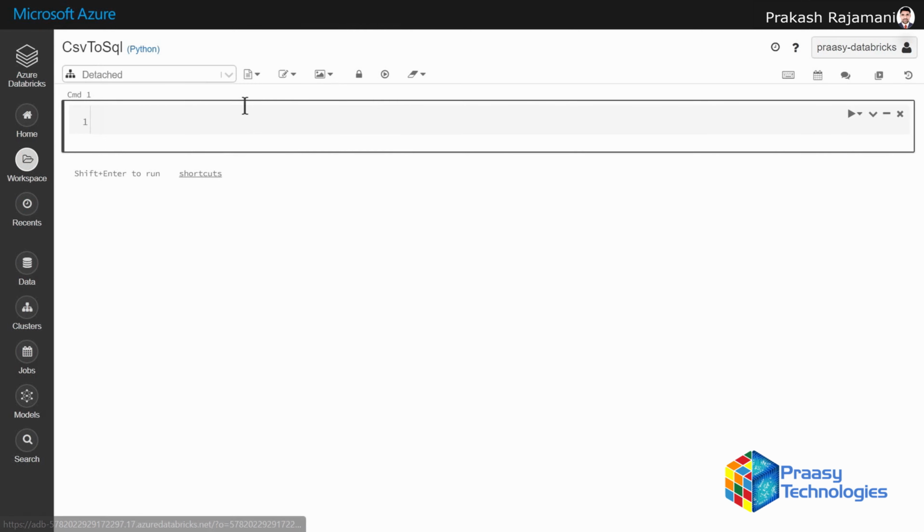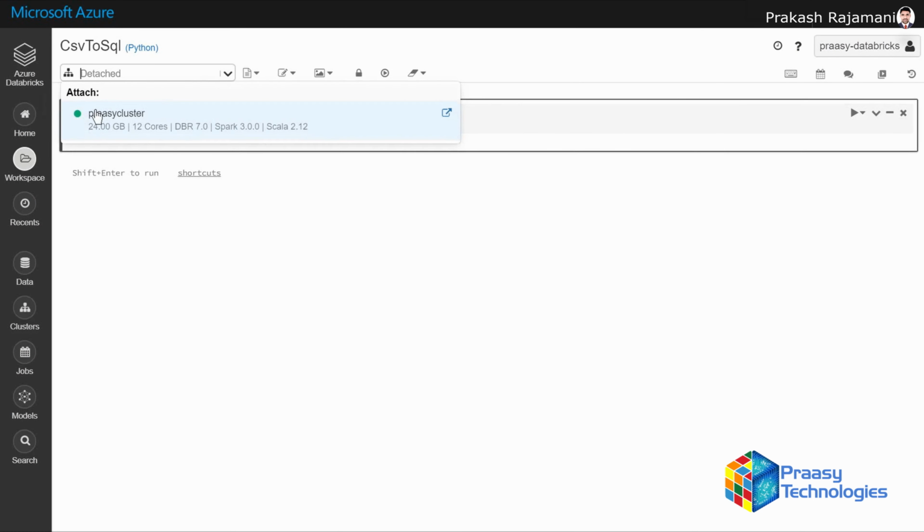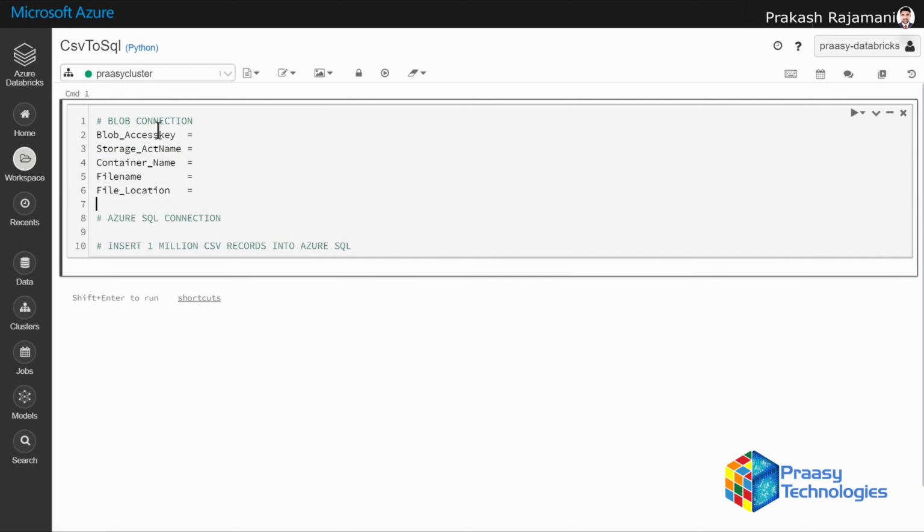So here we are going to write the Python code. To run the Python code, we need a cluster. So connect the created cluster with this notebook. And in this notebook, we are going to see the blob connection, the Azure SQL connection, and finally 1 million record insert. Under blob connection, we need 5 variables: the access key, the storage name, the container, file name, and